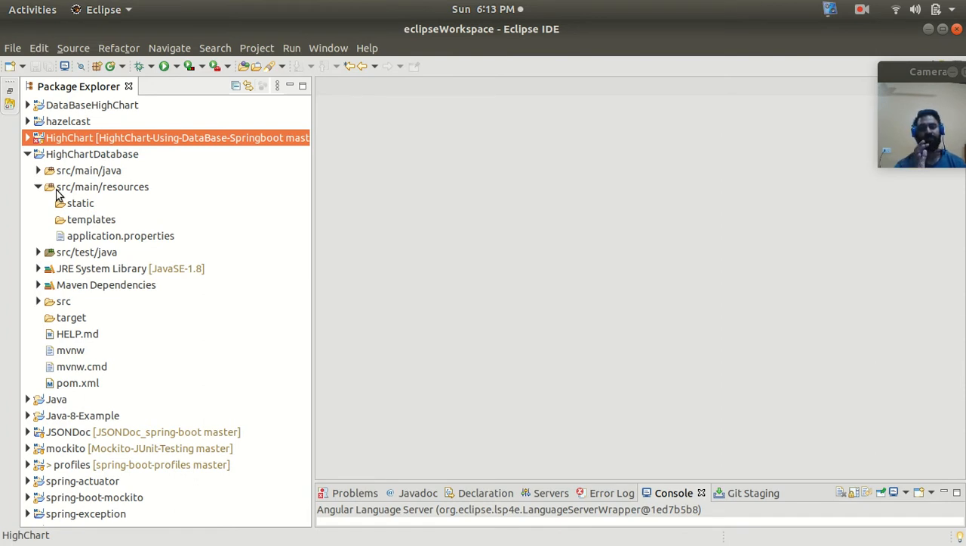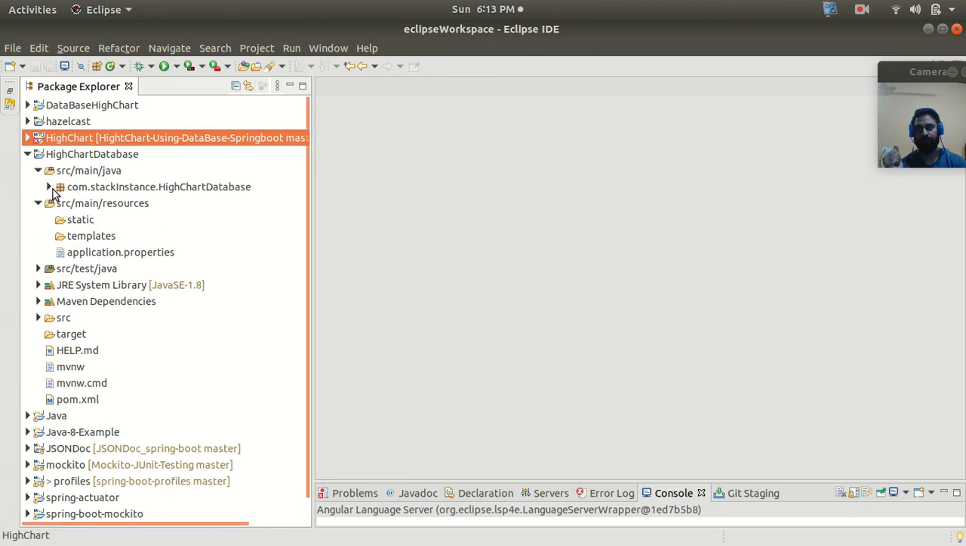So first of all I'm going to create one index.html. Index.html will be my landing page, and here I'm not going to use the controller for this. I'm going to bypass the controller for the index.html. For that, let's go to our main class,